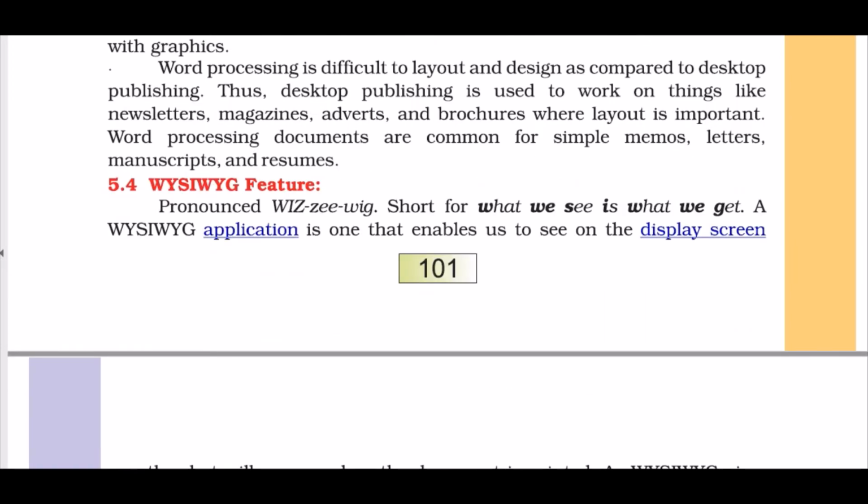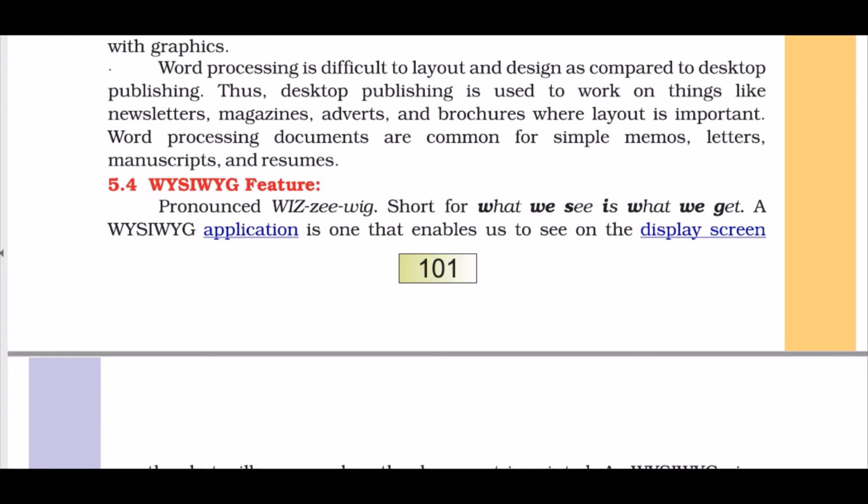Now, what you see is what you get: WYSIWYG. It's pronounced WYSIWYG. Basically, what you see is what you get.